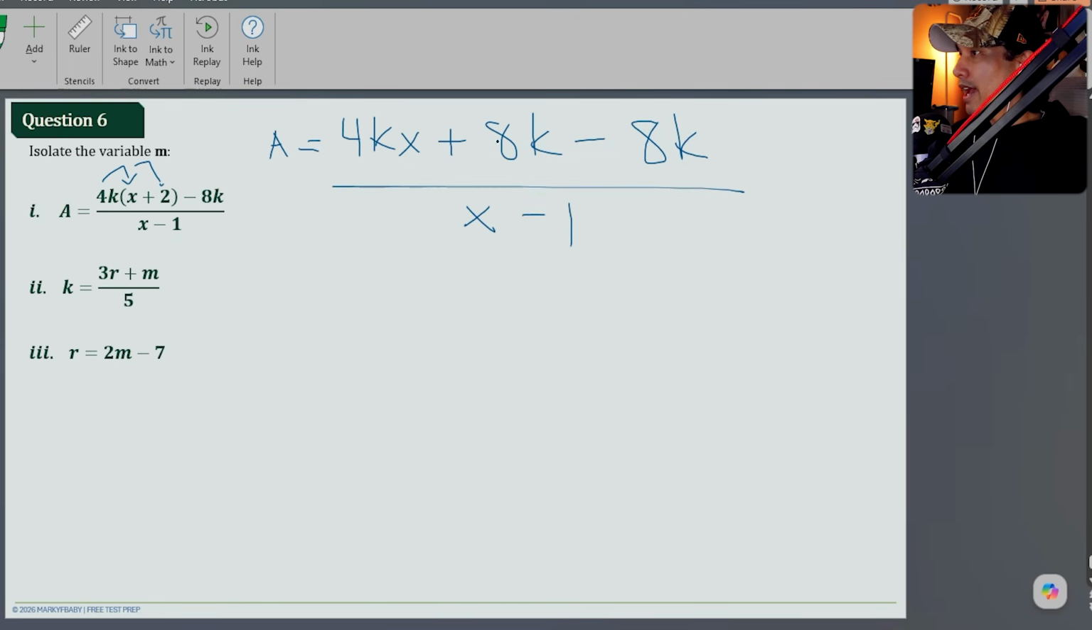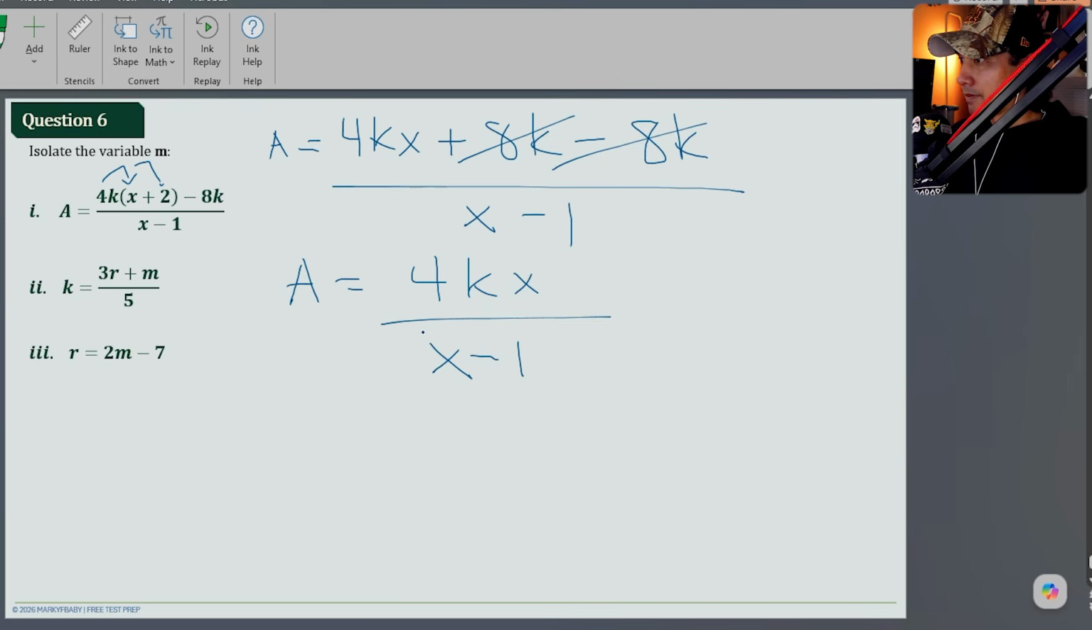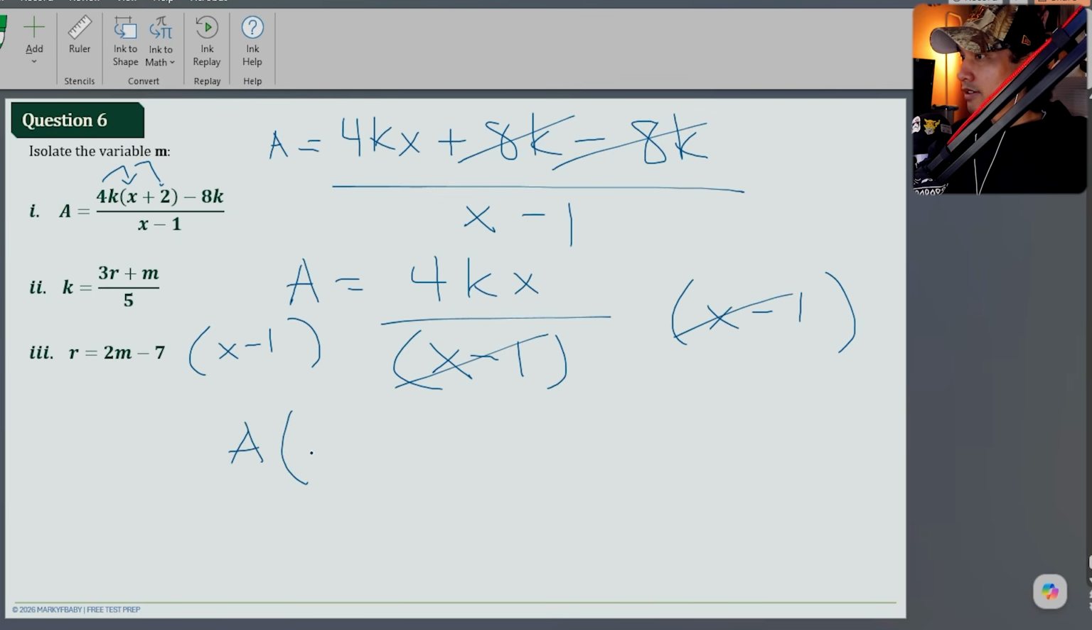And then I have a positive 8k and a negative 8k. These could cancel each other out, giving me a equals 4kx over x minus 1. Now I want to clear this denominator, and in order to do that, I must multiply it by x minus 1. And what I do on that side, I must do on this side. Cancel these out, and I get a(x minus 1) equaling